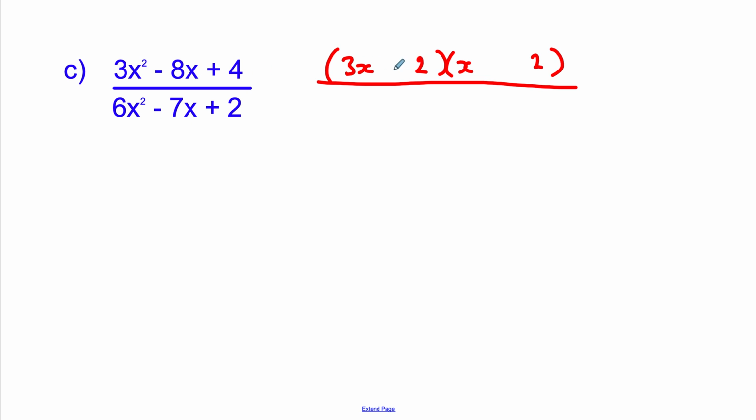They've both got to be negative. To make minus 8x and positive 4, that would give me minus 2x's and minus 6x's, so that would collect together to give me minus 8x's. So I was right to try the 2 and the 2 first. That doesn't massively help us with the bottom,